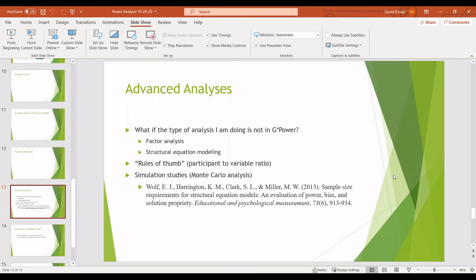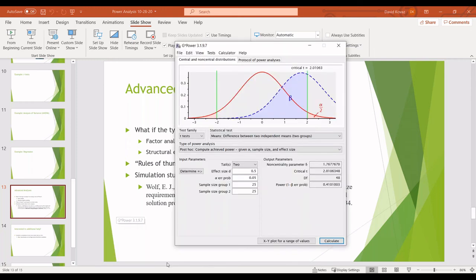So how do you enter those values into G-Power to get the sample size? So what you could do is, and maybe you're referring to effect sizes in previous studies. So we can go to an example here. So let's say you have a previous study that did a t-test and they got a certain effect size, and you are expecting in your study your effect size to be similar to that study, and you want to know how many participants you need. So what you can do is